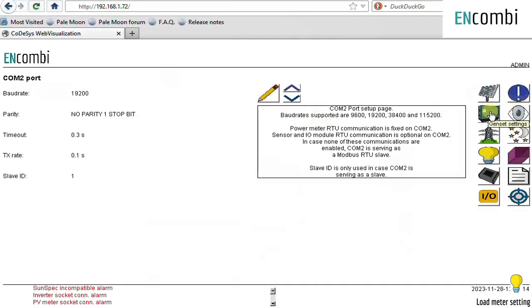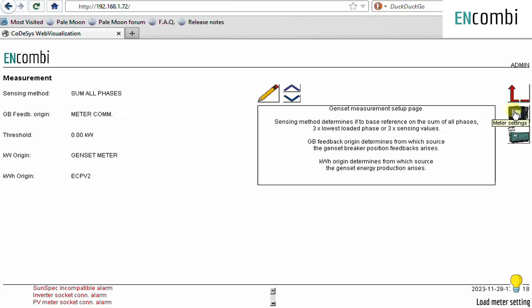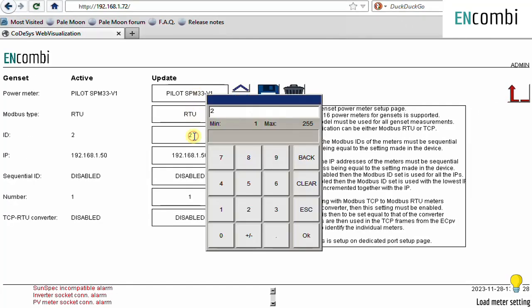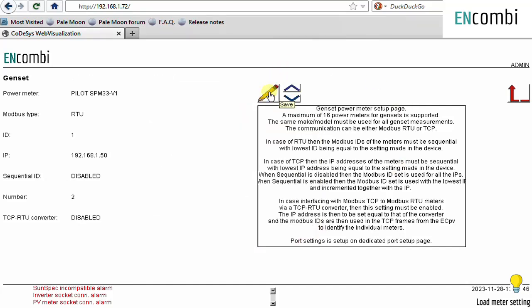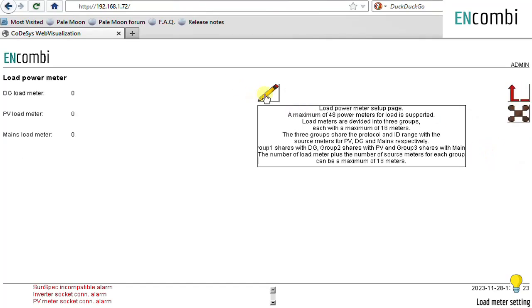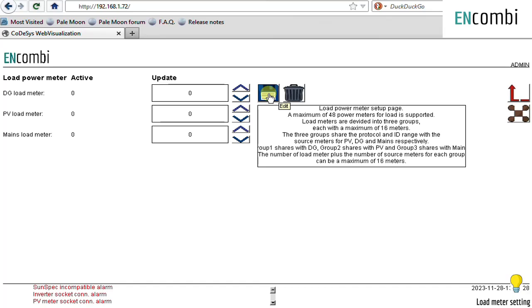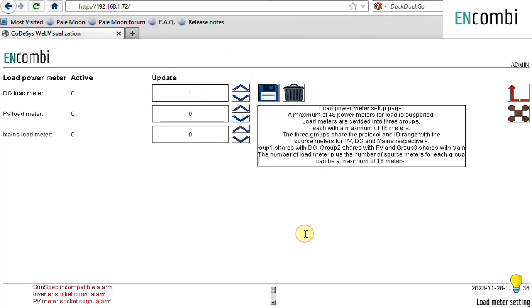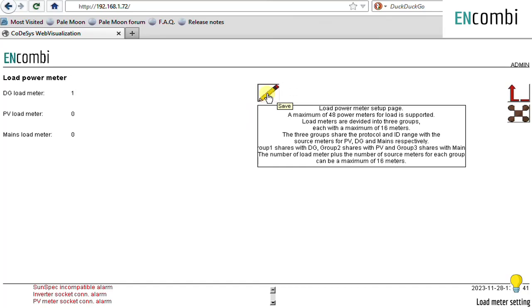Let's add the 2 genset SPM33 power meters first on the genset power meter setting. Select the power meter protocol and add the lowest ID of the power meter. Here you have to add the number of power meters as 2. Then go to load meter setting. In the load meter setting, add 1 power meter for the genset group. Once you have completed the setting, the data reading for all 3 power meters will be visible under the genset